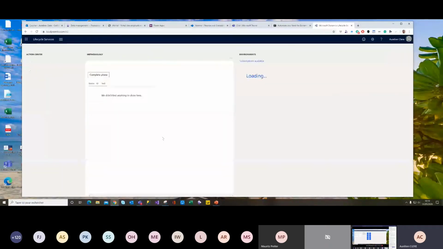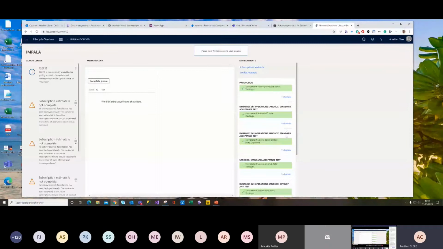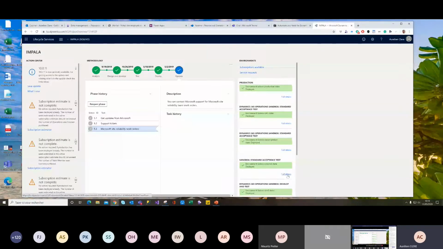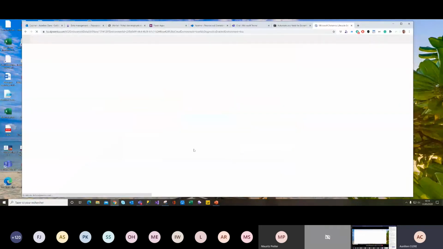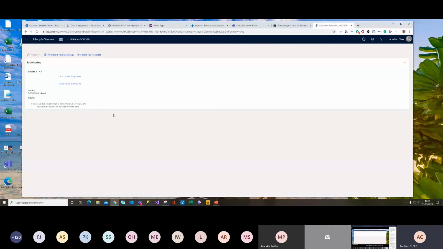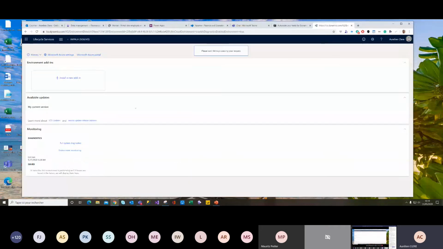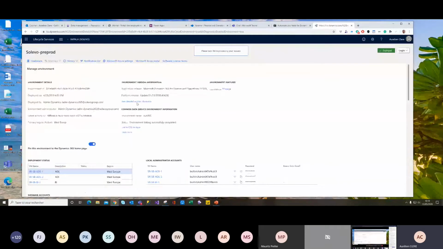But now if you go to your LCS, to this sandbox instance, I don't know if you have seen, but a few months ago they added a new section directly here. So you can know if this sandbox is well synced with your CDS and in which CDS environment.